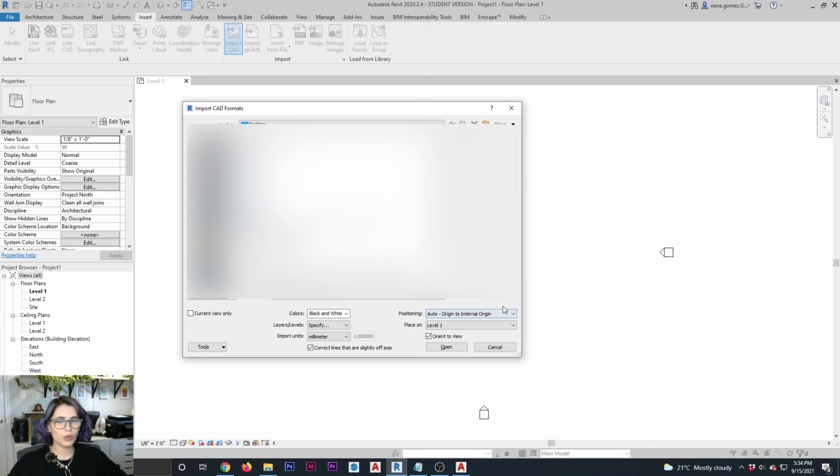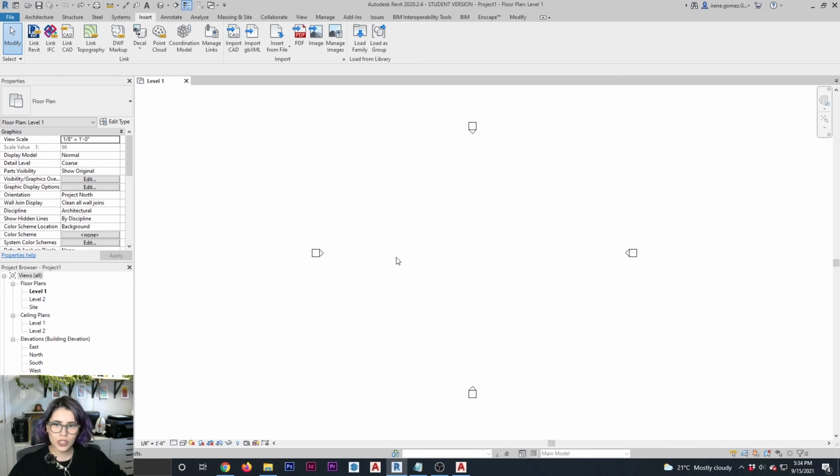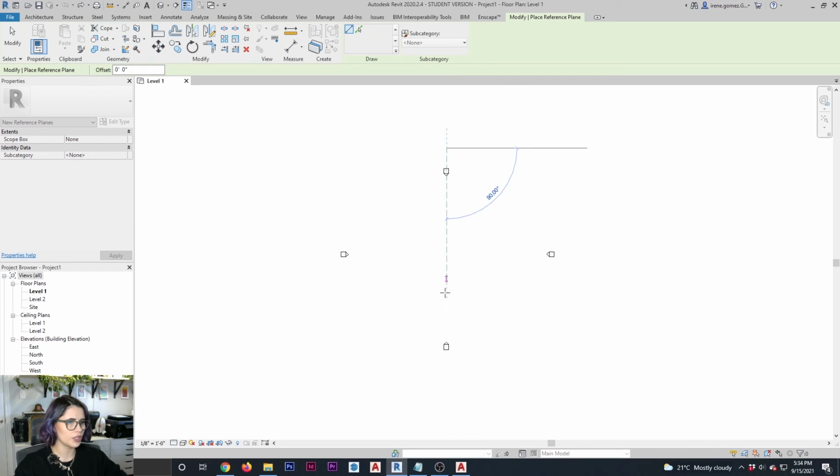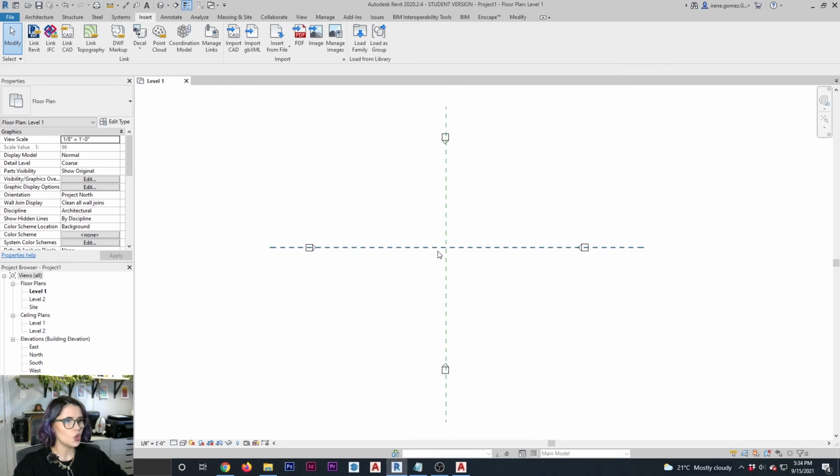But when you're working in Revit, your origin is somewhat where the intersection between your north, south, east, west views are. So if I draw reference planes, RP for the quick key, and I'm gonna draw two reference planes here, the origin of your Revit drawing is gonna be somewhere around there.